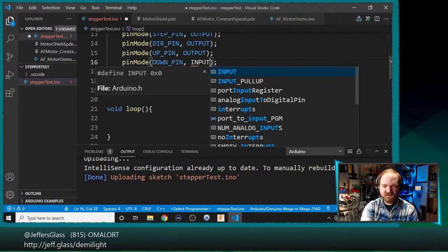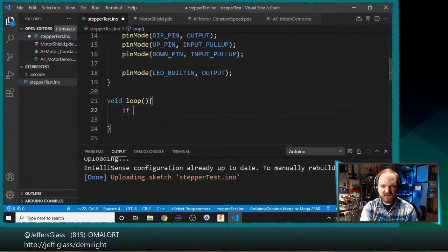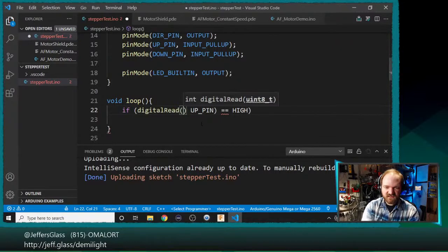actually this wants to be not an output pin. That wants to be an input with a pull-up on it, as does the up pin. And we will say if digitalRead up pin equals high, and that's the wrong place for that parenthesis. Gosh, I made a mockery of this. If digitalRead up pin is high,